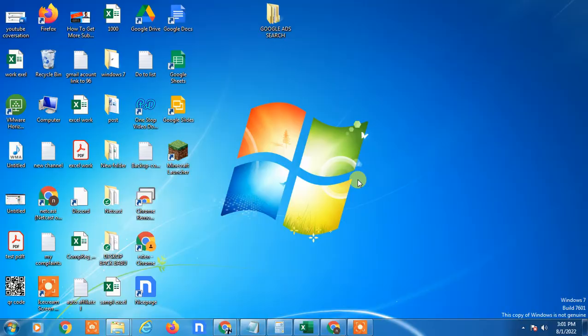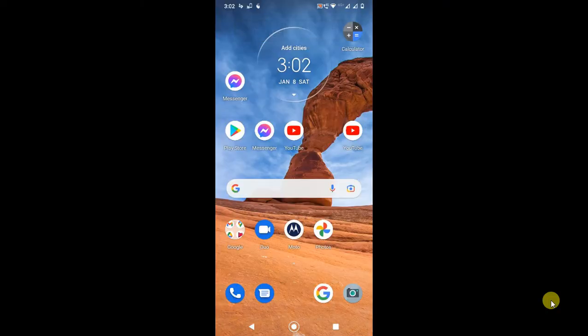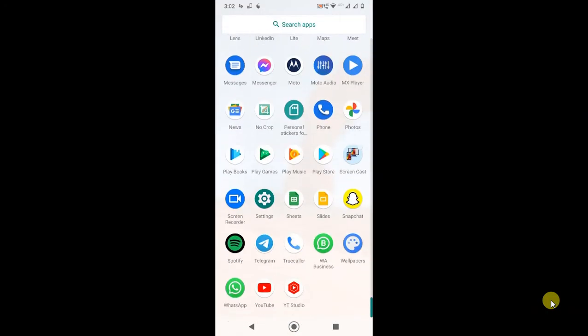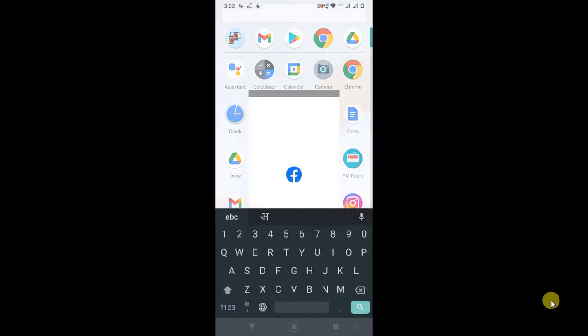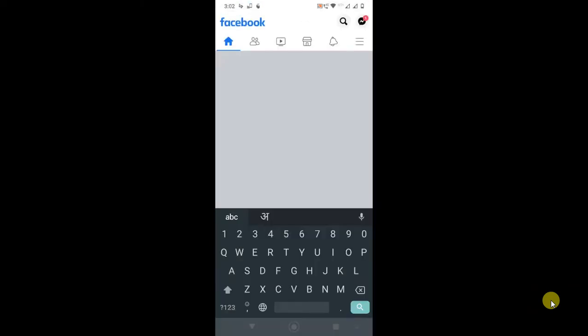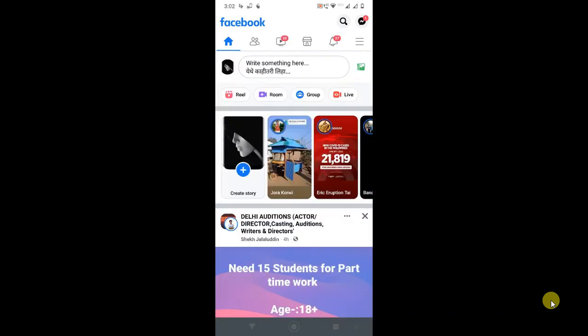Let's go to my mobile screen. So guys, here I'm on my Facebook mobile. First, let me open my mobile application. So guys, this is my Facebook. I just opened it. So guys, in order to remove a Gmail email ID from your Facebook, first you have to